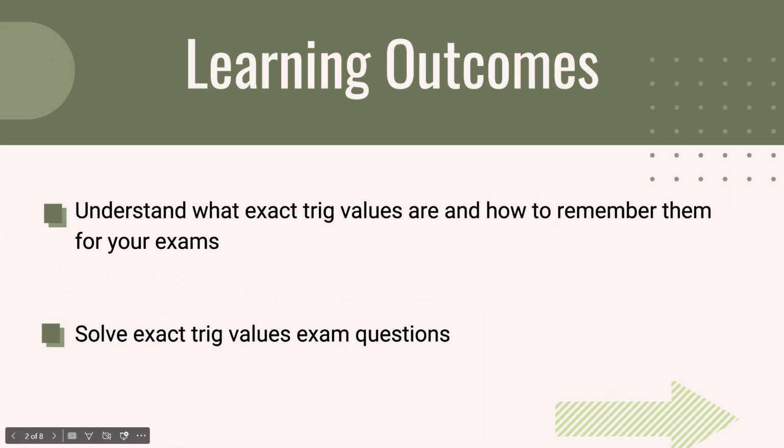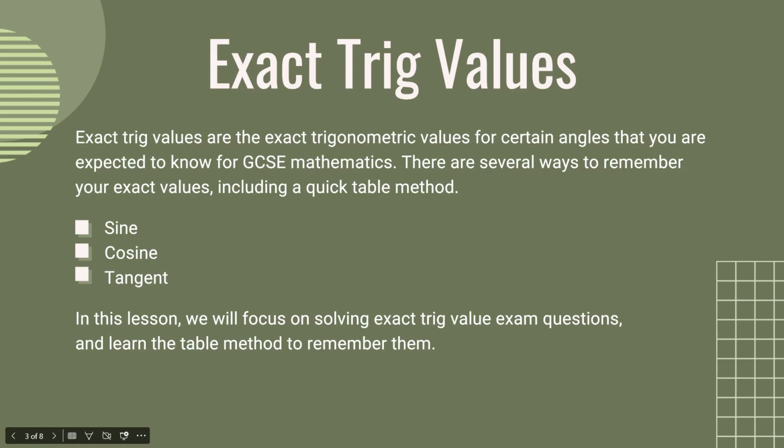The learning outcomes for today are to understand what exact trig values are and how to remember them for your exam, and also to solve exact trig value exam questions. So, what are exact trig values? Exact trig values are the exact trigonometric values for certain angles that you are expected to know for GCSE mathematics. There are several ways to remember your exact values, including a quick table method. In this lesson, we will focus on solving the exact trig value exam questions and learn the table method to